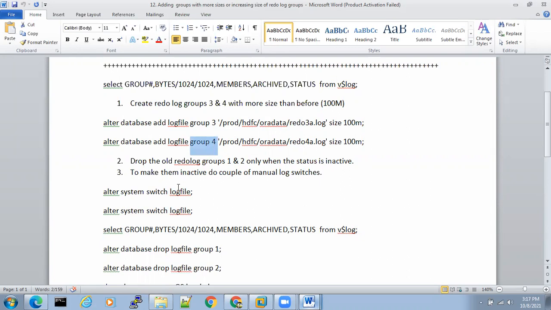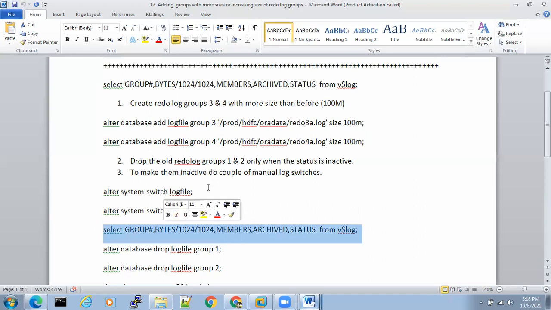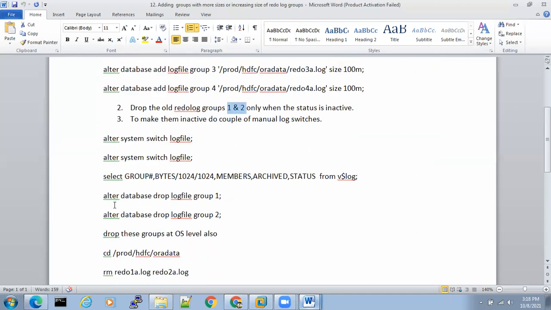Now you don't wait till an automatic log switch happens. You manually log switch: alter system switch logfile. Check the status. Is group 1 becoming inactive? No. Again do a log switch. Check the status. Group 1 is becoming inactive. Yes. Again do a log switch. Check the status. Group 2 is becoming inactive. Then when both are inactive, drop the